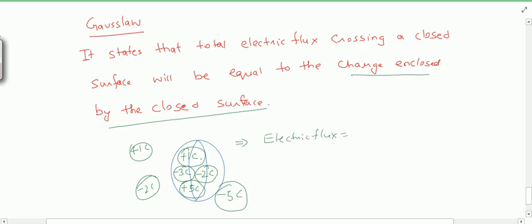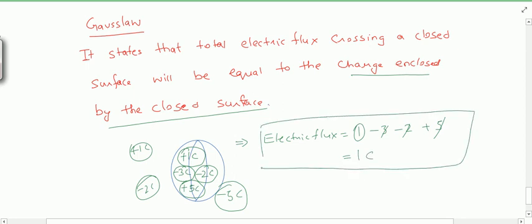उसकी वैल्यू क्या हो जाएगी भाई? जो टोटल चार्ज है इसके पास, तो 1 कूलम का चार्ज है, फिर -3 कूलम का चार्ज है, फिर -2 कूलम का है और 5 कूलम का है। तो 5, 2 और 3 कैंसिल हो गए, बच गया सिर्फ 1 कूलम। तो जो इसका इलेक्ट्रिक फ्लक्स होगा वो 1 कूलम होगा।